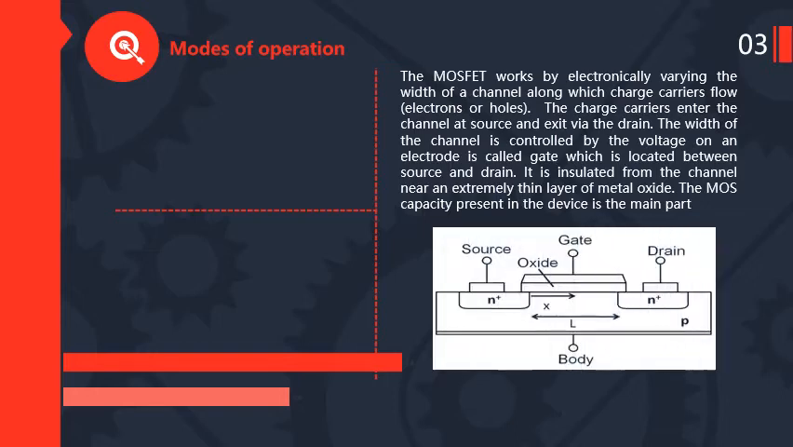This is the diagram of MOSFET. आप देख सकते हैं मेटल ऑक्साइड जो है वो सोर्स और ड्रेन को सेपरेट करती है बाय यूजिंग गेट टर्मिनल।